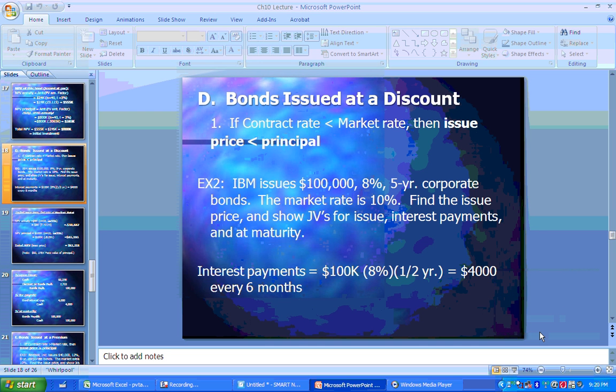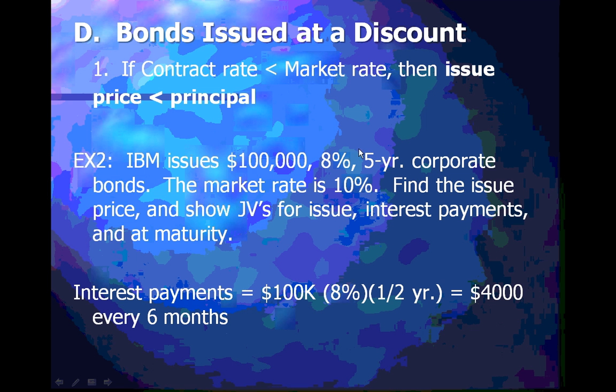Okay, now we're going to talk about bonds that are not issued at par value. So the first example here is going to be bonds issued at a discount. If the contract rate, or the rate it says on the bond, also known as the coupon rate, is less than the market rate, then we would issue the bond at a price that was lower than the actual principal